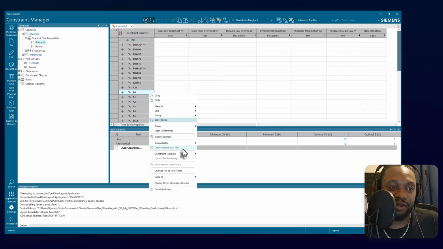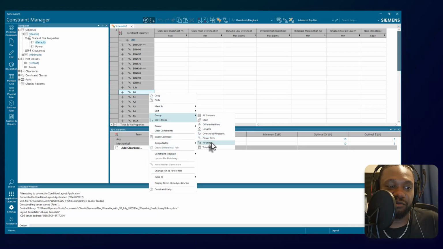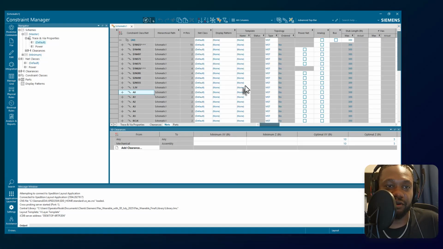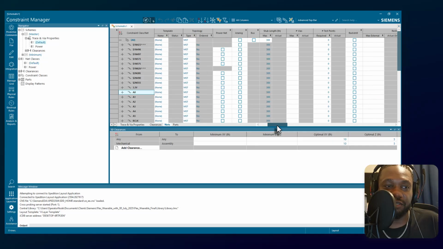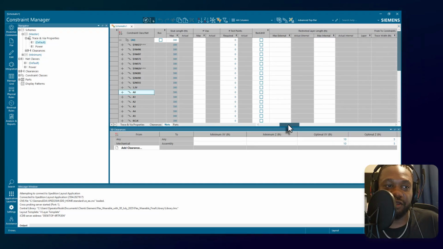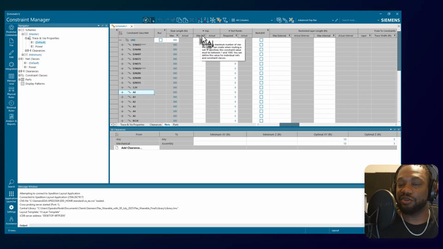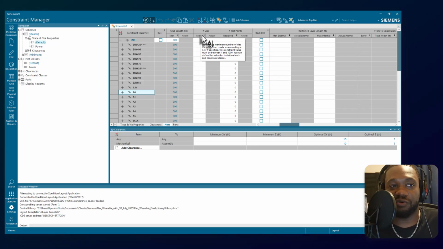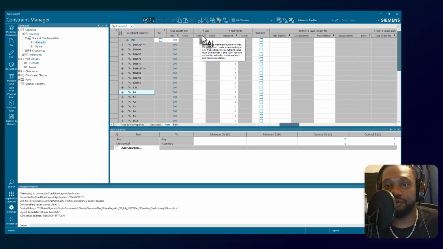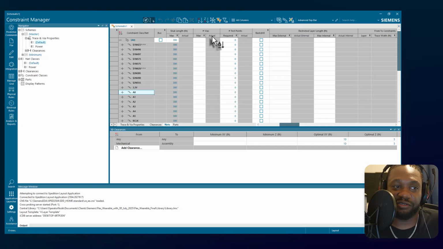But what if I want to right-click and see, right-click group? Maybe I want to group based on all columns. How about that? There we go. Once you set it to all columns, then we can look at all of the constraints. Display pattern, stub length, number of allowed vias. Check this out. Defines a maximum number of vias. You want to do this when you want to limit yourself to 2 vias for a super speed receive or transmit differential pair, and you can only set it to 2 or 4 vias max or something like that. And the actual number of vias, the test points,